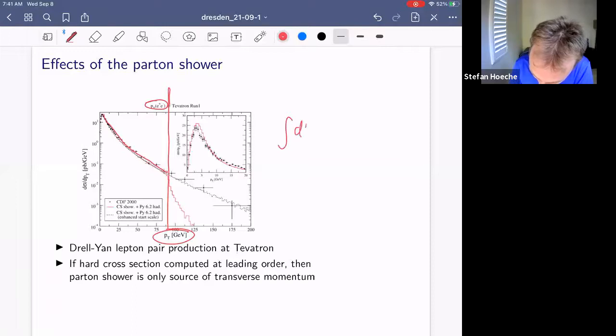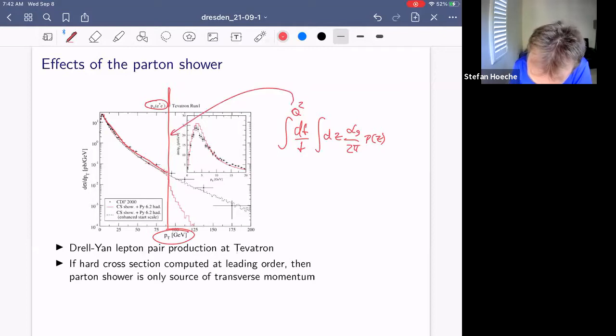So you remember I have this equation dt by t dz alpha s over 2 pi P of z. And there was actually a very important piece of information contained in this upper integration boundary. In our case, thank you, Lois, this is the Z mass. So the Parton shower, because this t is essentially something like the transverse momentum, cannot generate any transverse momentum that is larger than the starting scale. And because we set the starting scale to the Z mass,